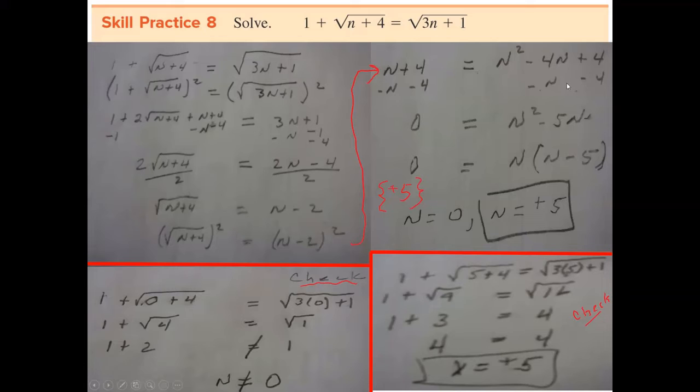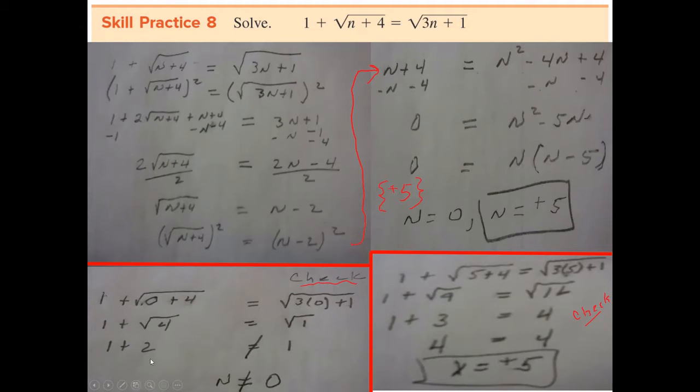Okay, so I move this over to the right, move this over to the right by adding their opposites, and I get 0 equals n squared minus 5n. I factor that, excuse me, and I get n times n minus 5, giving me values of 0 and positive 5. Now, right now, I don't know if both of those are okay, so I had to do a check